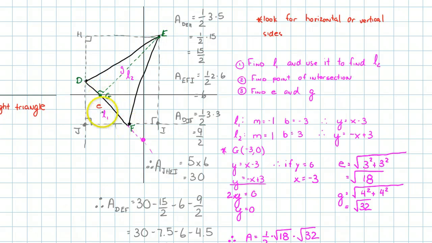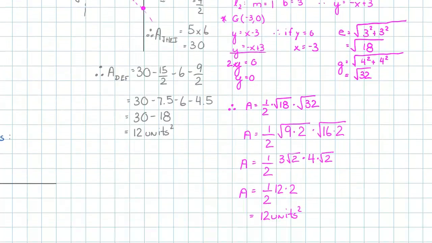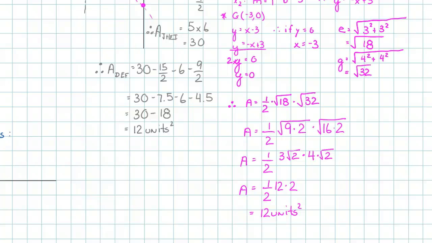So we go on the diagram, we label these line 1 and line 2, and we find the equation of line 1, and then we use the equation of line 1 to find the equation of line 2, and then we find the point of intersection, which in this diagram actually we could pick out. And then we find the length of the base and the height, and then we simply plug it into our area formula. A final thought is, again, these are called radicals, and we could plug these into our calculator, but